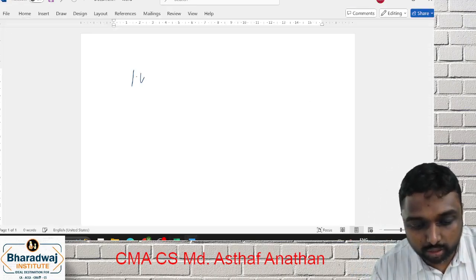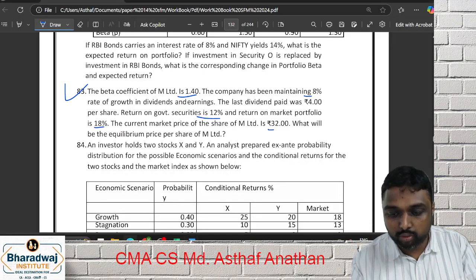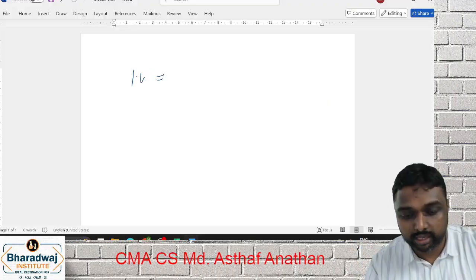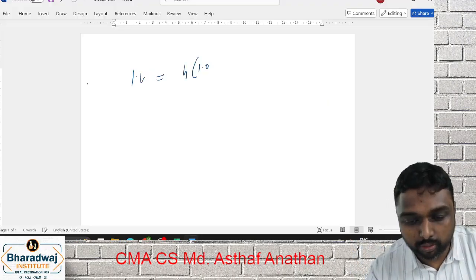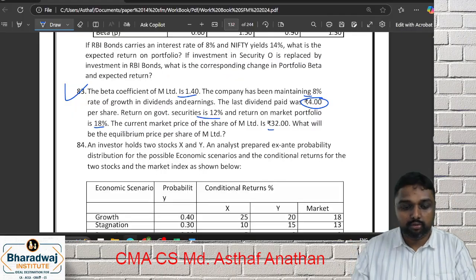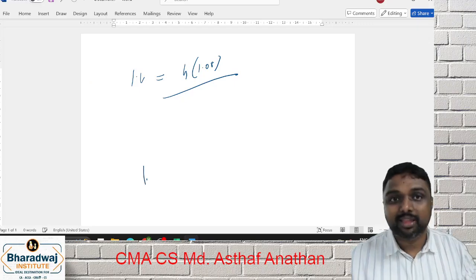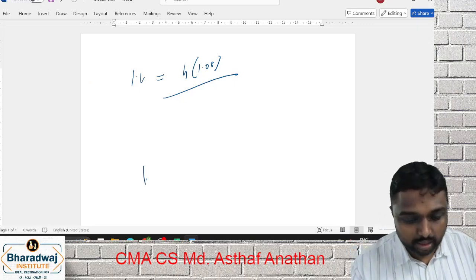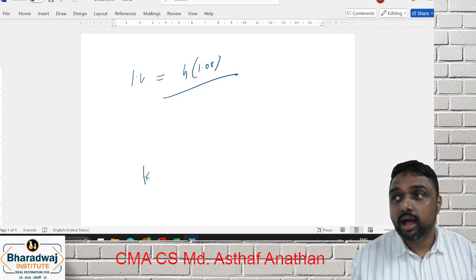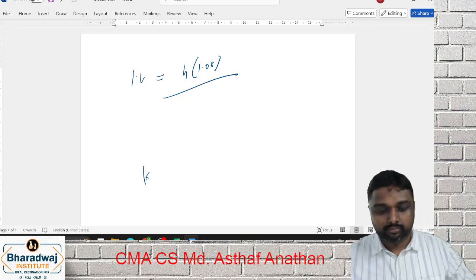Intrinsic value is equal to D1. The last dividend is 4 rupees, growth is 8%, so 4 into 1.08 divided by K. K we have to find out by the CAPM method. What is the CAPM method? K equals RF plus. Hope all of you are on track. RF plus,